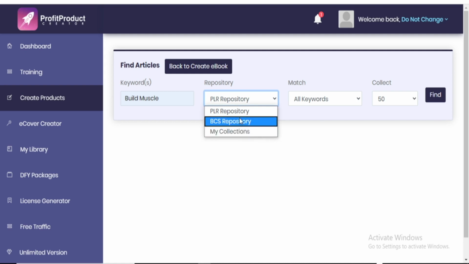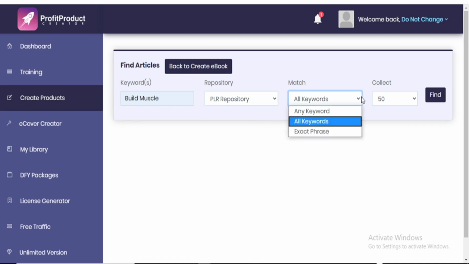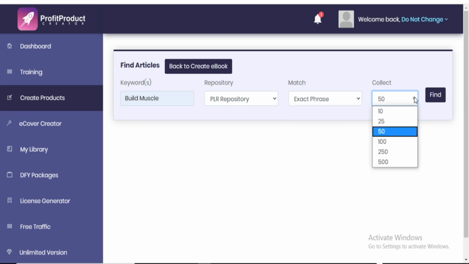So assuming we take from the PLR repository, then how do you want your keywords to be displayed? You either want any keyword, all keywords, or exact phrases. So for the purpose of this training, we can choose exact phrases. Now, collection, how many articles you want the software to generate for you? Either 10, as the case may be. So for the purpose of this training, we can choose 50. And now we can go ahead and find